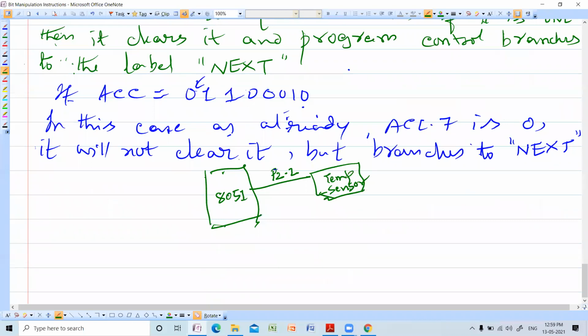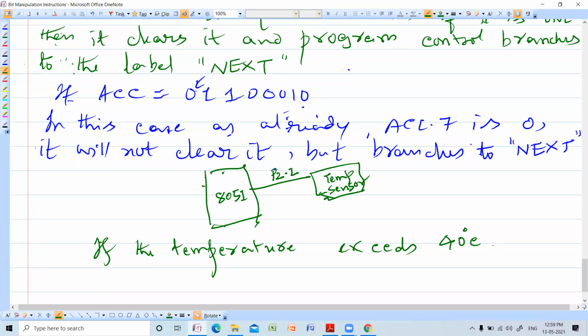Just assume that if the temperature exceeds 40 degrees centigrade, the application is to switch on the fan.